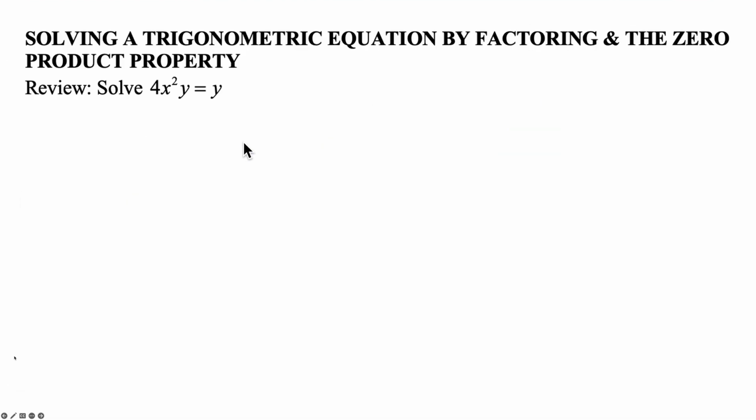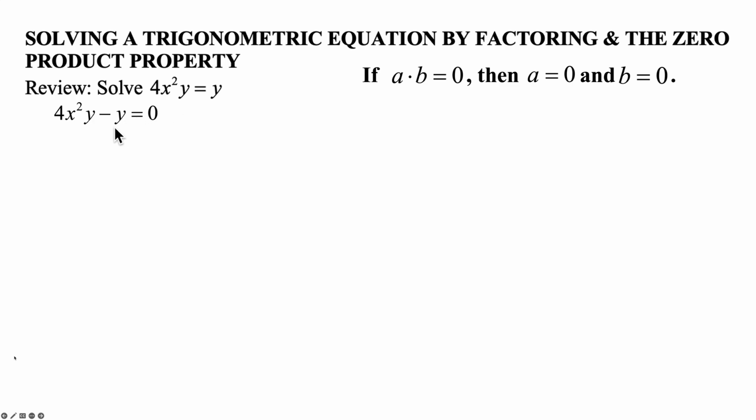The other type we're going to look at are factoring and the zero product rule. This is really important because there will be trig functions where you have two different trig functions in an equation. So for example, if we were asked to solve, didn't say for x, didn't say for y, you have to solve for both y and x. We would subtract over the y, and then we're going to factor this so we can use our zero product